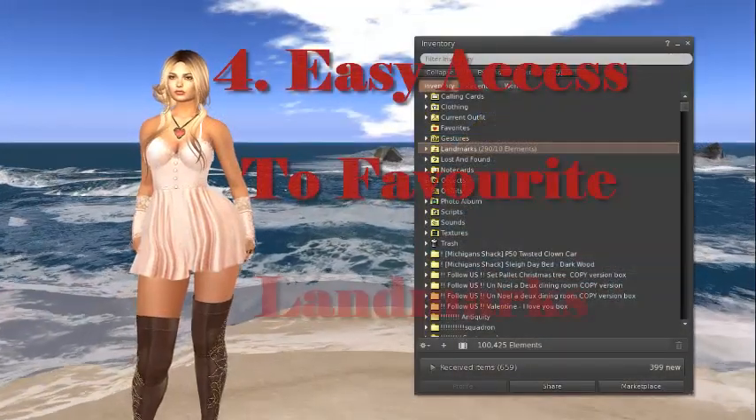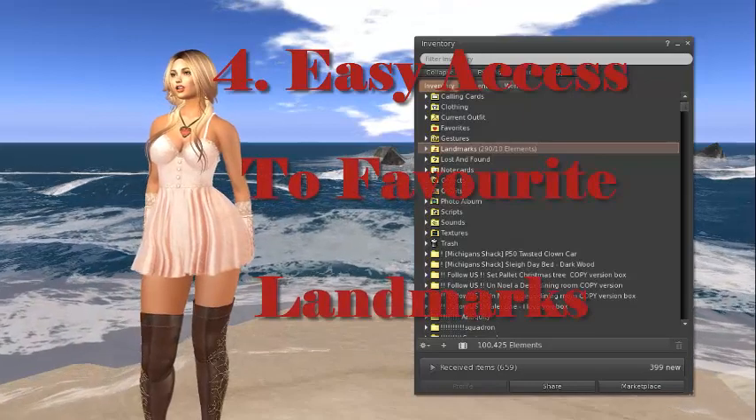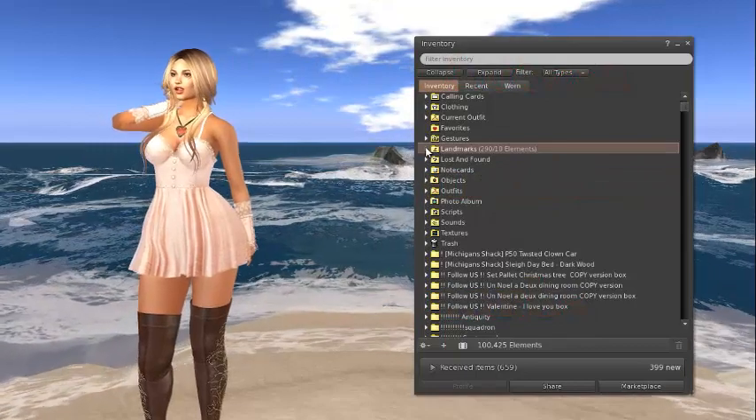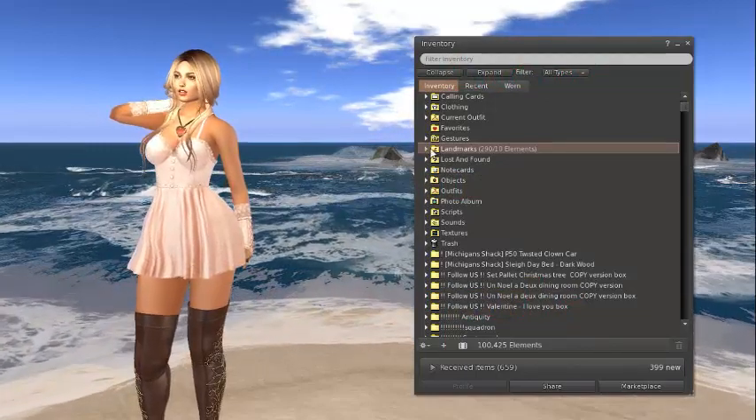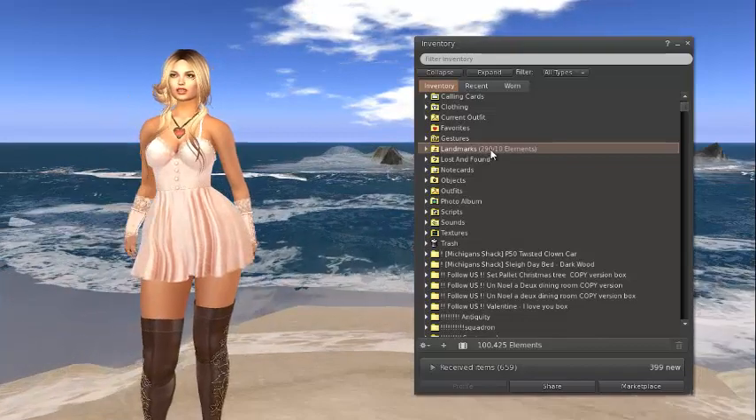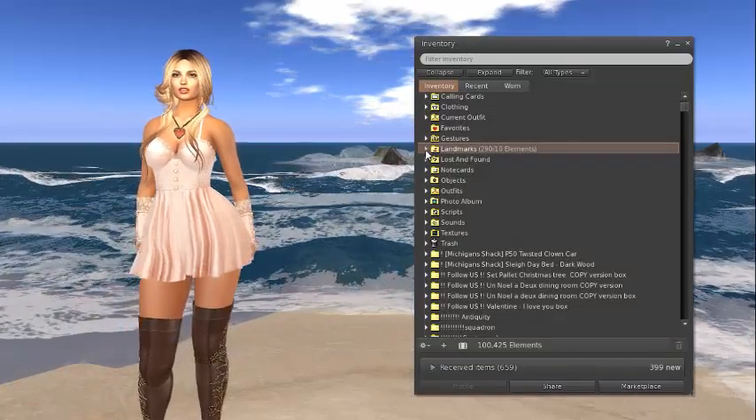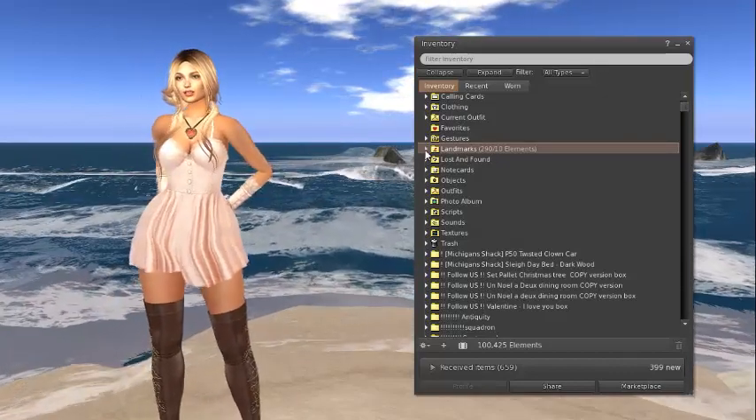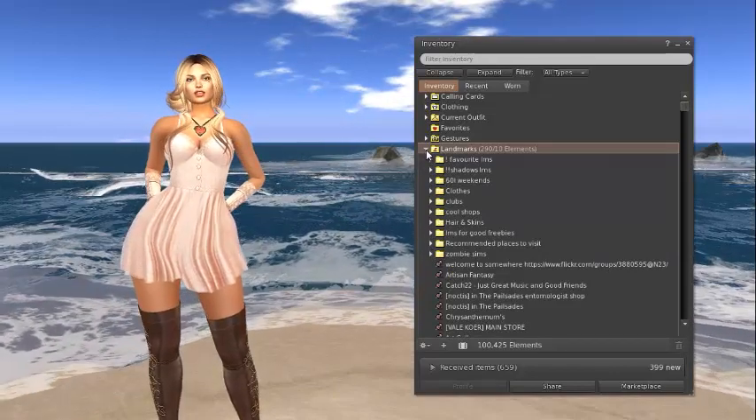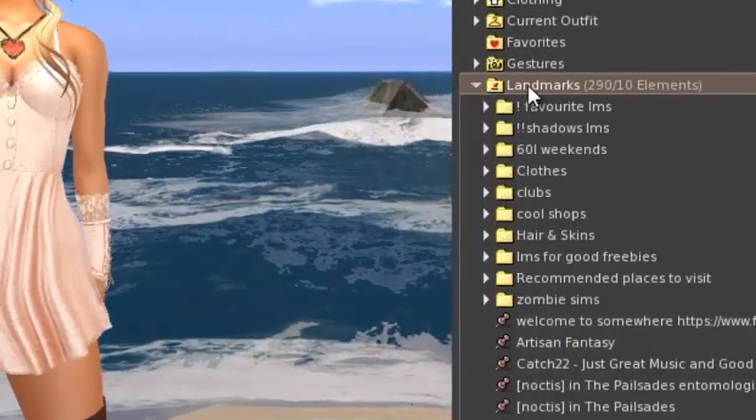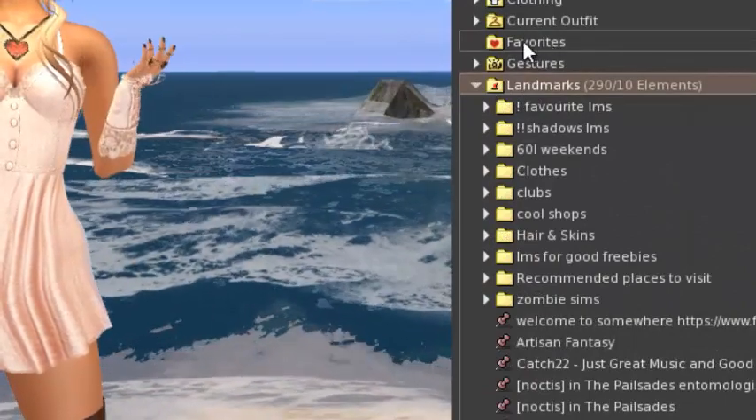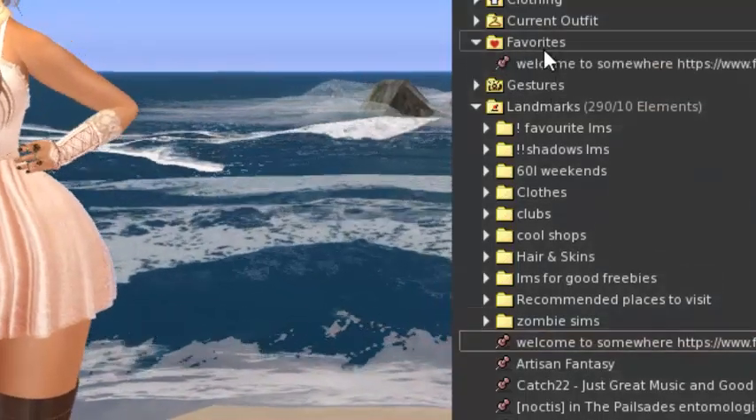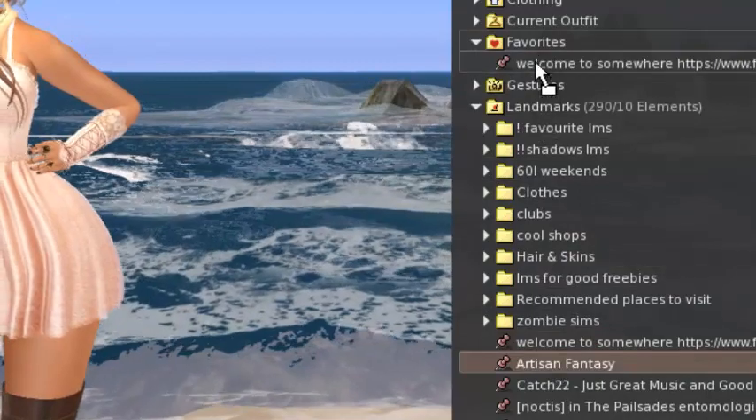Number 4, easy access to your favourite landmarks. Now, if you're like me, I'm always taking landmarks, and in my landmark folder I have 290 landmarks, and there's also some that I visit quite regularly, and obviously I don't want to keep going through my whole landmark folder to find my regular landmarks. So what you can do is you've got a favourites folder, so for example I can drag some landmarks to my favourites,